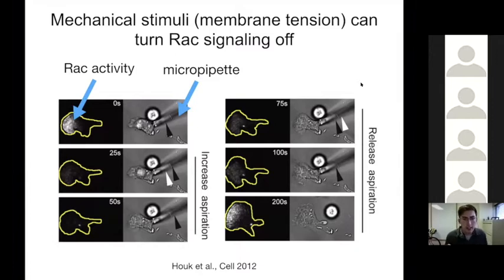Rac activity again is reported as that bright white spot. And the poor cell is being basically sucked on with a little pipette. So they're able to increase the effective tension on the cell membrane. And as they turn the tension on, the vacuum cleaner turns on, that Rac signal disappears. Okay, and so this is starting to show us that this influence from mechanics can actually modulate these biochemical signaling